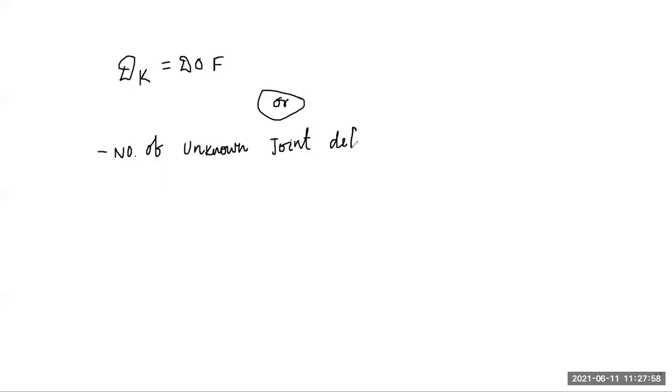So I write all the definitions because in many examinations they just give degree of freedom. Option A, number of unknown joint deformation. Option B, number of independent displacement component of a joint and support. Option C, they give number of unknown joint displacement. Option D, none of these. Then they ask which of the following options are correct. Option A 1 and 2, option B 1, 2 and 3, option C 1 and 3, option D 1 only. I think this type of question will be asked in your ESE examination or even in your GATE examination.